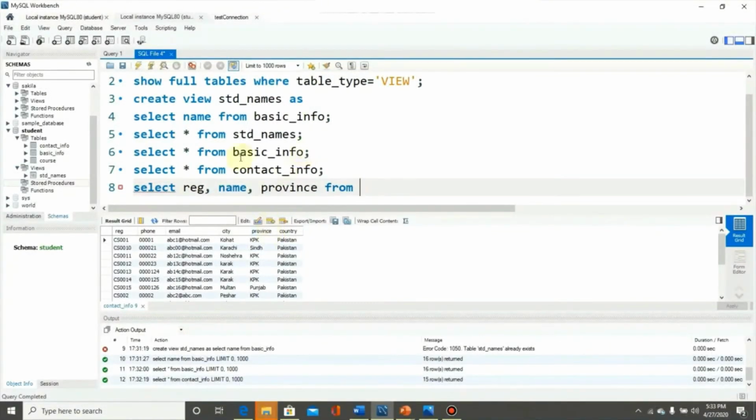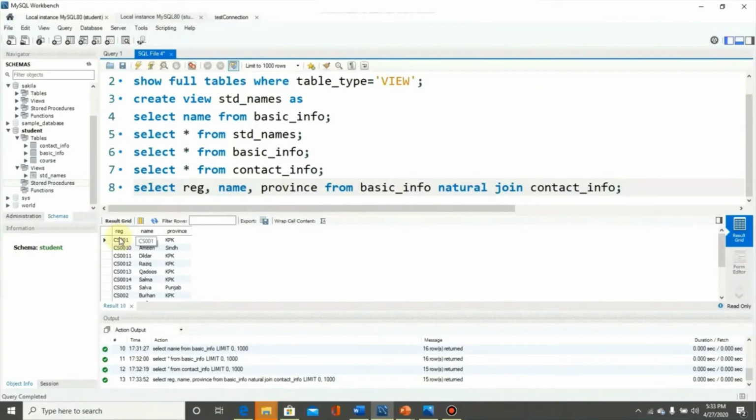From the first table, basic info, natural join, the second table, contact info. With the help of this query we will get a list of students from both the tables. In the list we will have registration number, name and province.